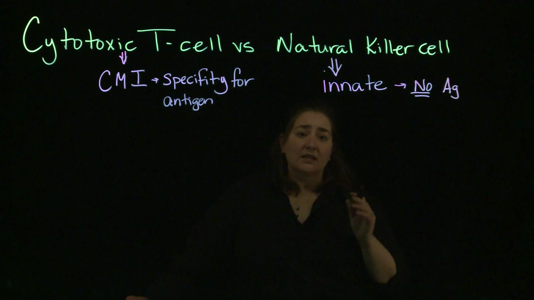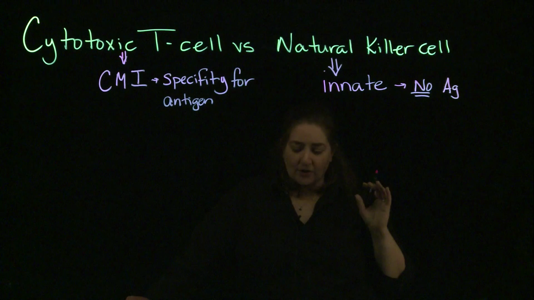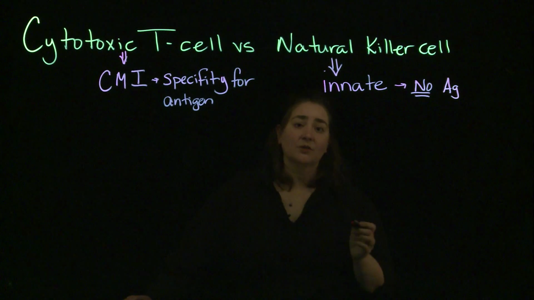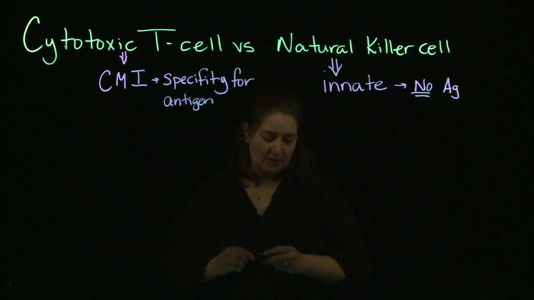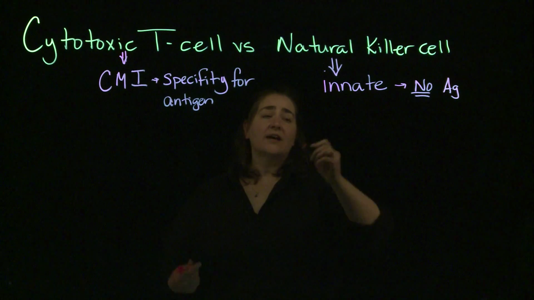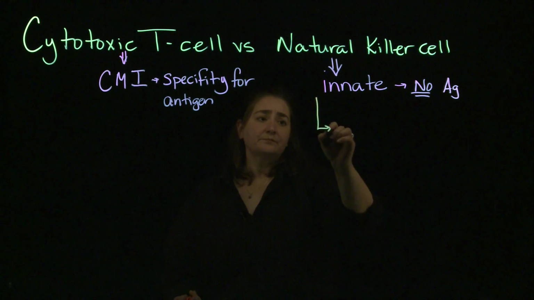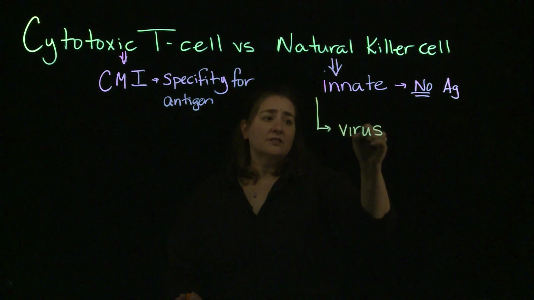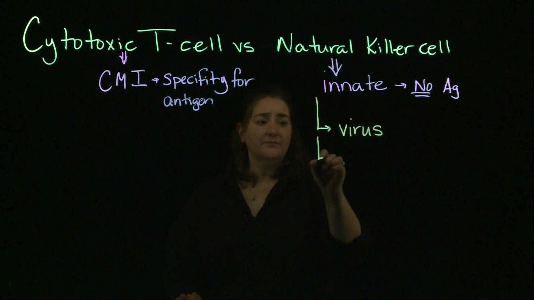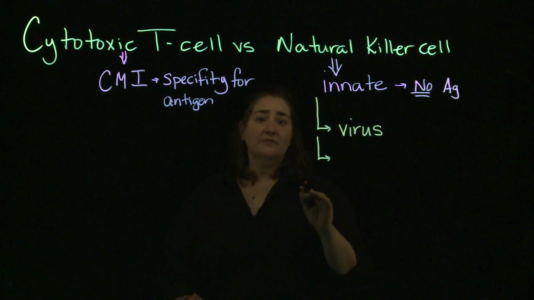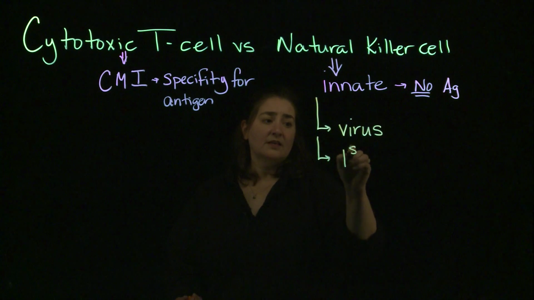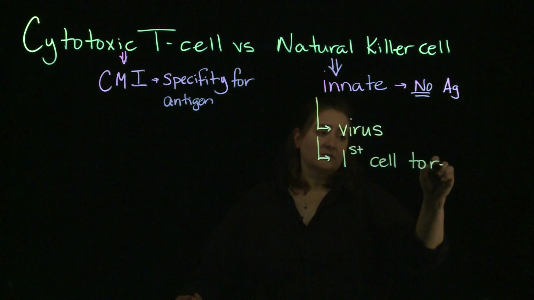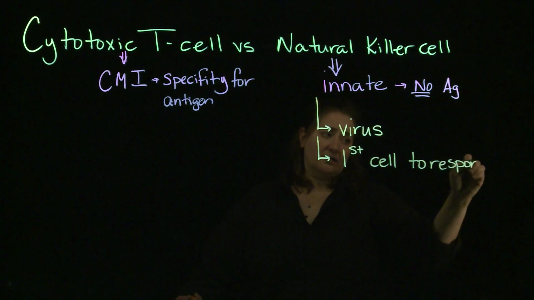The natural killer cells are going to respond to cells within the body, typically eukaryotic cells. With the natural killer cells, it's going to target virus-infected cells, and this is going to be the first cell to respond